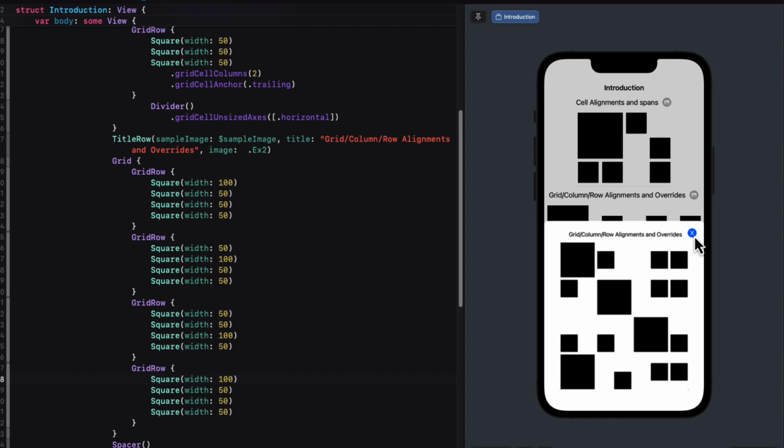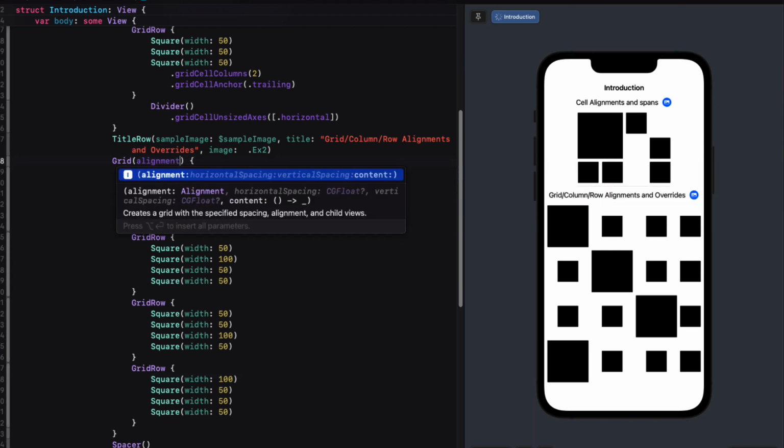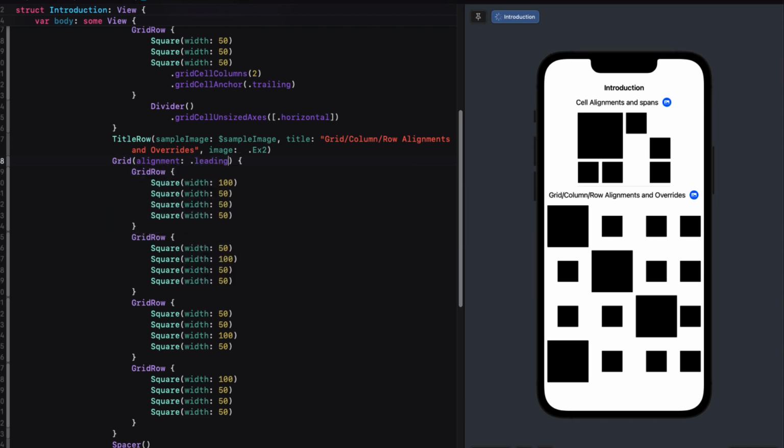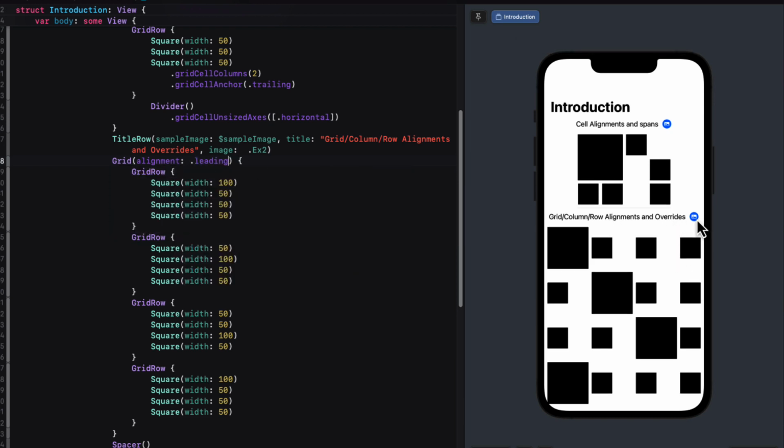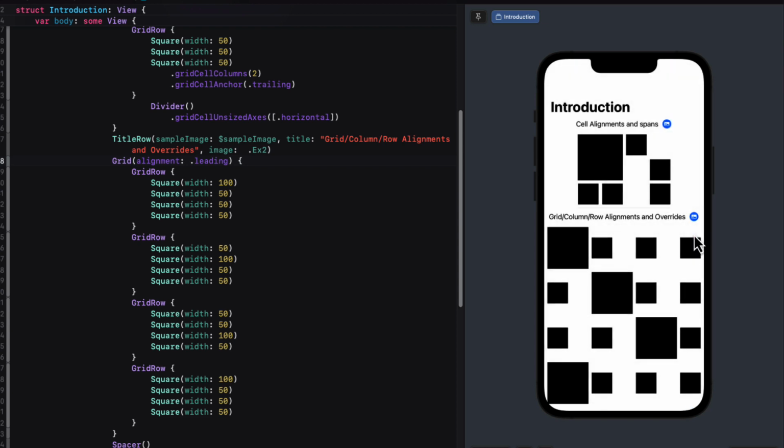So let's start with horizontal assignment of our cells. And I can do that globally on all cells by setting the alignment on the grid itself to be a leading alignment. Now my first and fourth columns look good. And 2 of the 3 in the second column are okay, but the third column is completely wrong for horizontal alignment. Well, I can fix that second cell in row 4